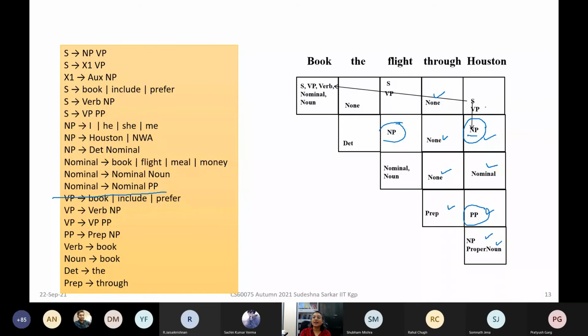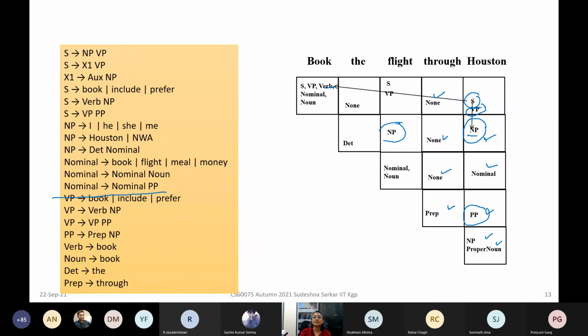And then here we get different non-terminals. We get VP, we get S, and there are multiple ways in which we can get S. Here there are multiple ways we can get noun phrase. There are multiple ways you can get S, multiple ways you can get VP. Can you tell me what are the different ways? One way of getting S is through this. How do you get it? Verb and noun phrase.